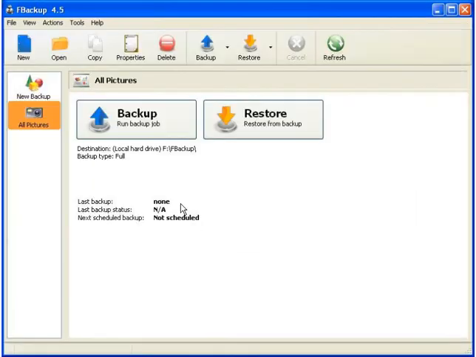So at this time, we can just save the job, and that's where the icon file comes into play, and it's complete. So if you want to back up your pictures, you just click backup here and run the backup job. I'm not going to do that right now because I have several thousand picture files, but you could do that at your leisure, and then you will see all the files that it will make a duplicate of and back up for you. And that concludes this